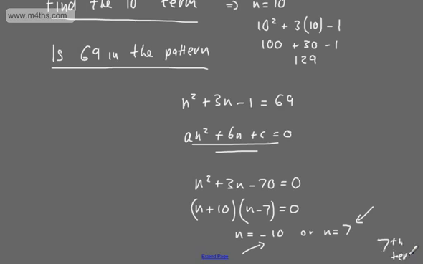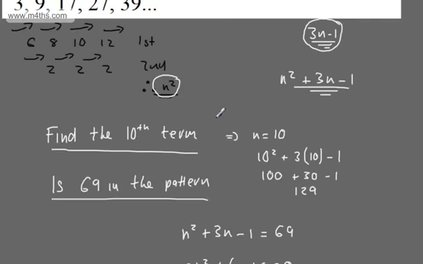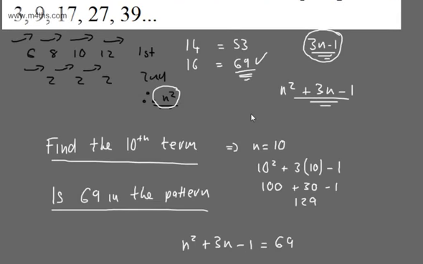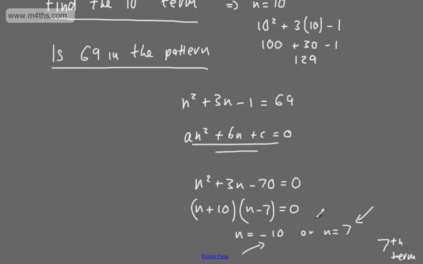So let's just check if that would be the case. Let's go here. We've got the first 5 terms. So on the next one, I would add 14, which would be equal now to 53. And then the next time, I would add 16, which would give me 69. And we can see that's in there. But of course, if I ask you if 582 is in there, we don't want to be adding 18 and adding 20. So we want a method of where we can jump to find that term. So if we've got now positive integer solutions to this quadratic equation, then that term or that value will be